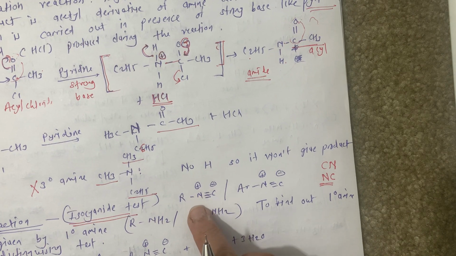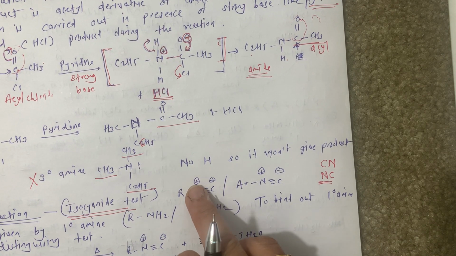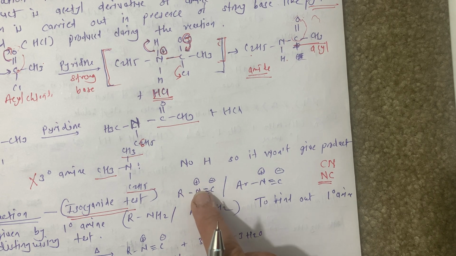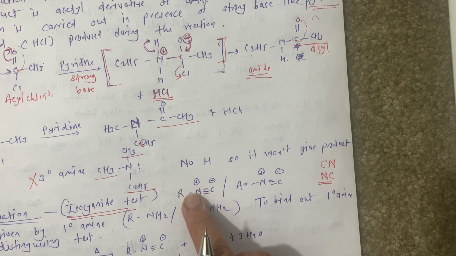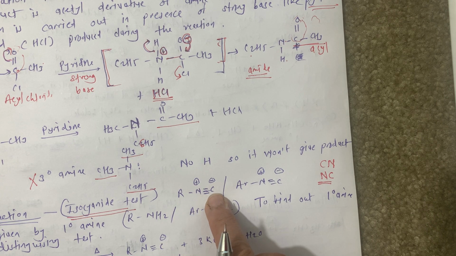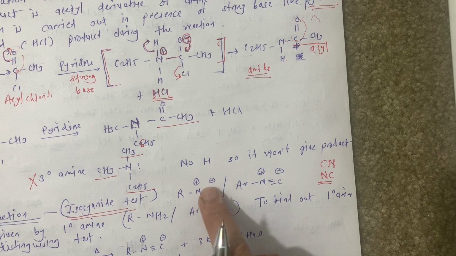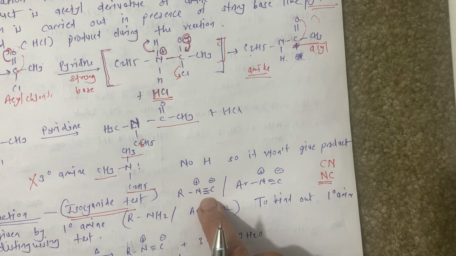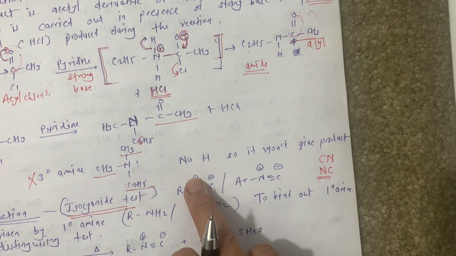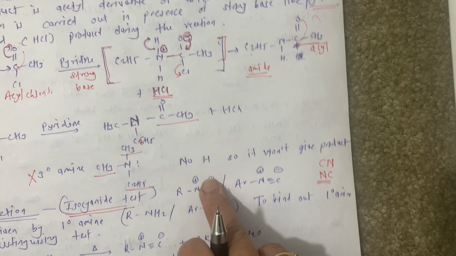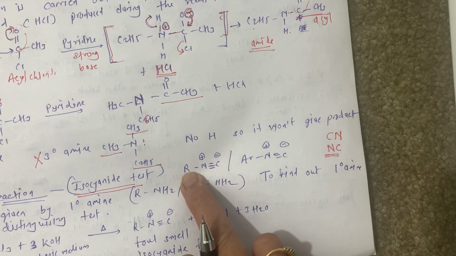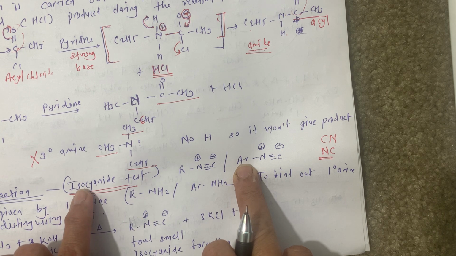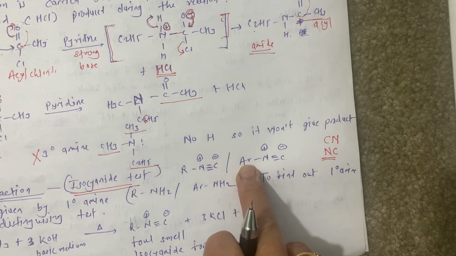And how is it? Here it is N triple bond C, N carries a positive charge while C carries a negative charge. Because the lone pair is shifted over here, this acquires a positive charge, while carbon's valency is 4 and here there are only 3 bonds, so we have to write a negative charge on the carbon. Try to understand this arrangement, this distribution of the charges. So this is our aliphatic and this is our aromatic isocyanide.